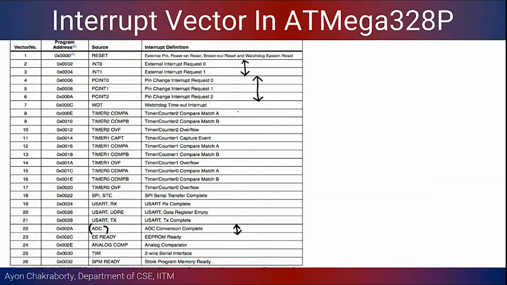There are timers. So this time, probably it will not be possible to cover the timer right now. Maybe once we start a little bit more on the sensing side, we will try to see how we can produce some pulses and so on. So at that time, we will cover timers. That also has a series of different kinds of interrupts. Whenever there is a particular value that is matching in the counter, you can raise an interrupt and so on, right? So you can take a look at it, but there are some involved things inside depending on what you want to do, what are the different things it can achieve and so on.